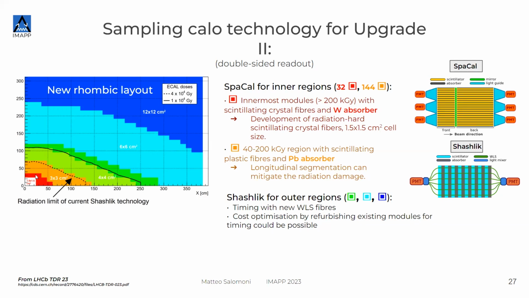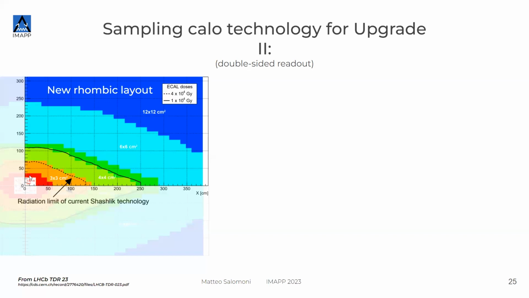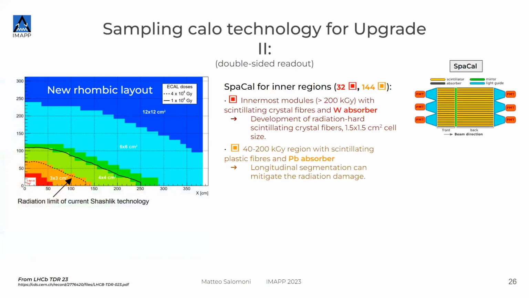In this red part, which is close to the center of the wall, you see the beam pipe is here. The interaction point is along the axis going through 0, 0. These modules in red are the ones that will see most of the things, so we have to make them smaller on the readout side. We also have to make them much more radiation hard, because seeing more things means they also suffer much more radiation. So we have to have different technologies for different regions.